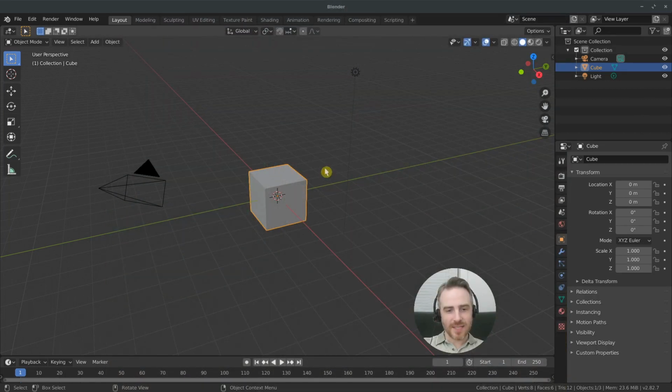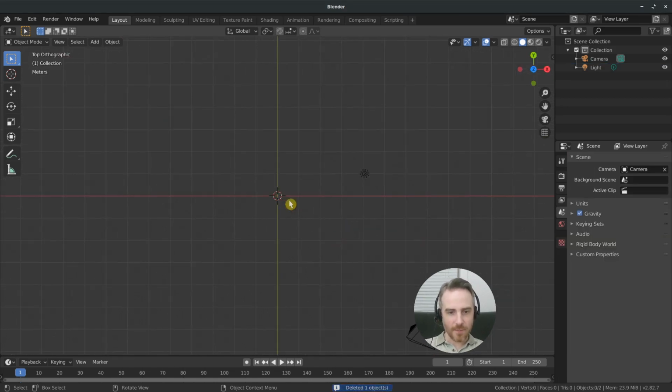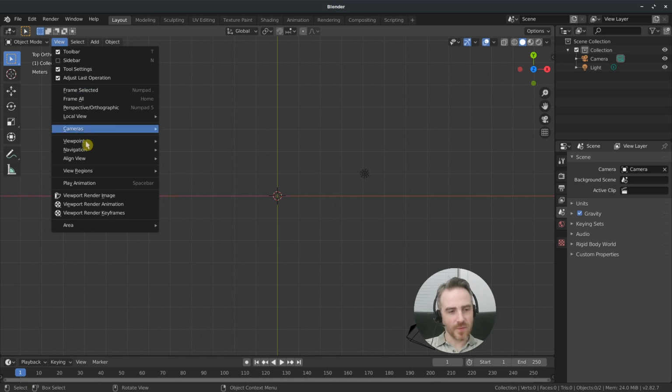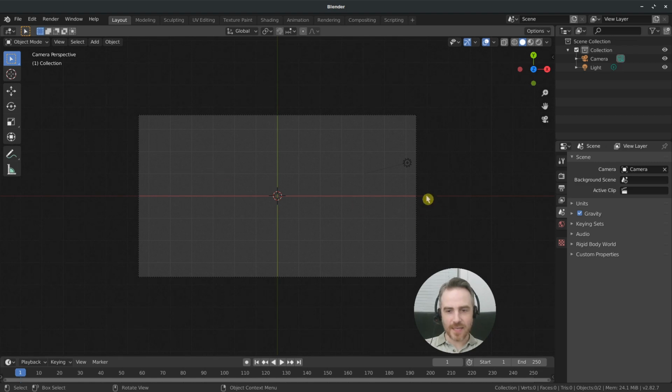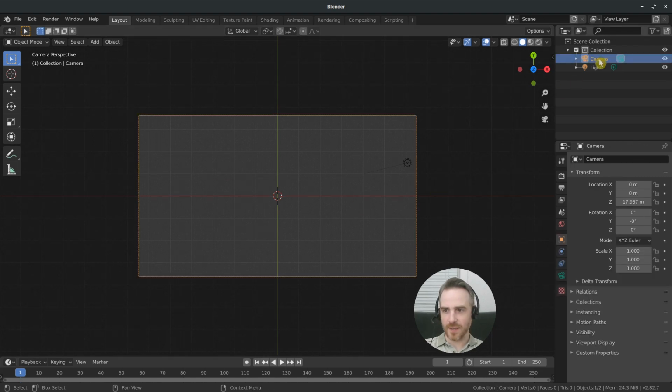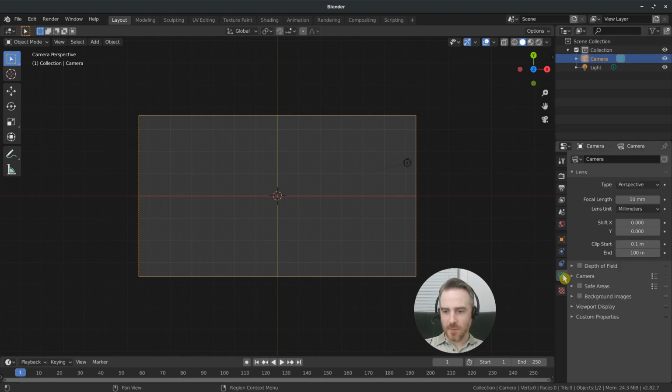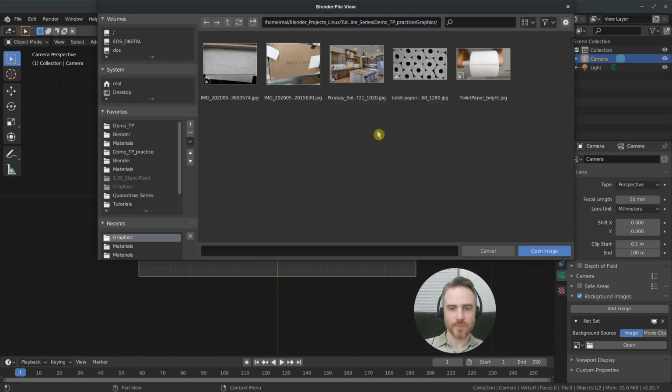So I'm going to open up a new instance of Blender, delete that default cube, go into top view, come up to view, go to align view, and align active camera to view, or just use the shortcut. I can select the camera by selecting the border of the camera here, or I can select it in the outliner. Come down to camera properties, add a background, and then add an image to the background, open, and then